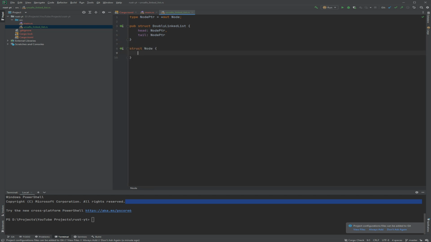And of course we need the node, and the node itself is going to have some kind of content, and I can make it generic. Should I? I could probably make it generic, but generics have some weird rules. Like generics work with traits, which is like an interface, but with metaprogramming. So yeah, I'll just make it so it holds normal numbers. So i32, that's a 32-bit signed integer, and then obviously we need the node pointers to next and previous.